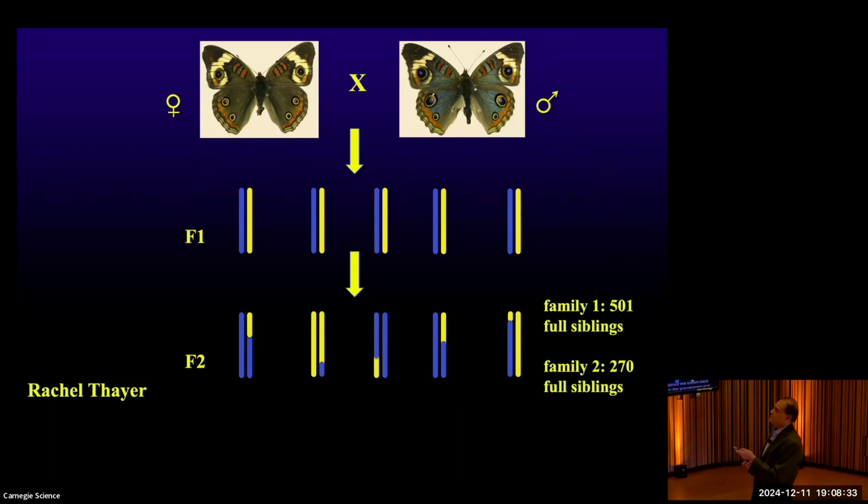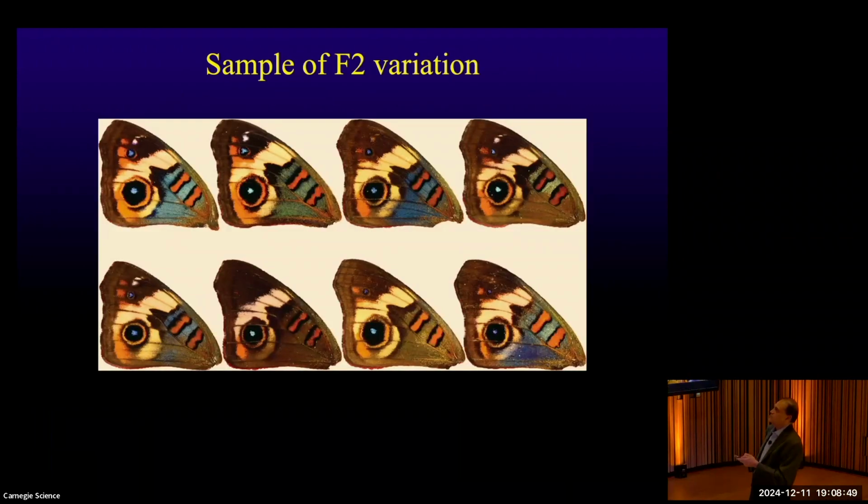And then we can also phenotype all of these. And Rachel raised up two very large families, F1, F2 families. I actually didn't know that a female butterfly could lay this many eggs, much less that anyone could raise them all to adulthood. But Rachel did that. And so what did these F2s look like? They're really quite beautiful. They're all over the place in how much of the wing has iridescence and in the hue, so the shades of blues and greens that you see on them.